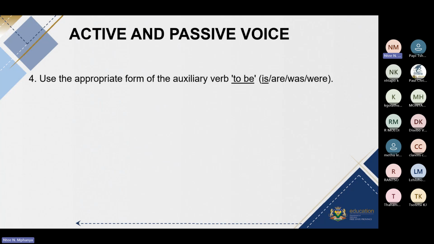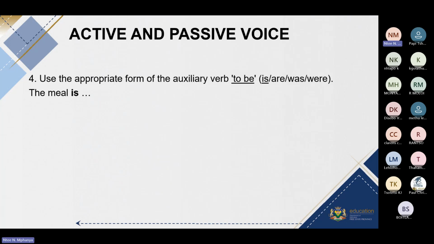Now that you know that we have a singular object which is in third person and our verb is in present tense, you will have to choose which auxiliary verb to use. Now, in this scenario, the auxiliary verb will be is, because it is in present tense. The auxiliary verb indicates that the sentence is in present tense and our object is singular. So the meal is,